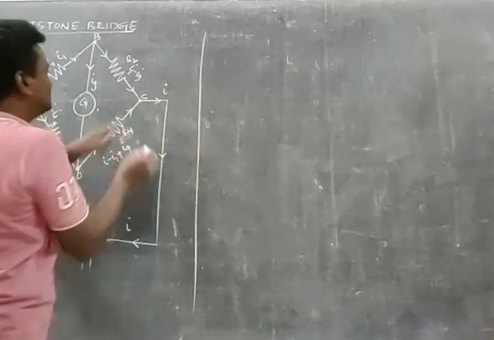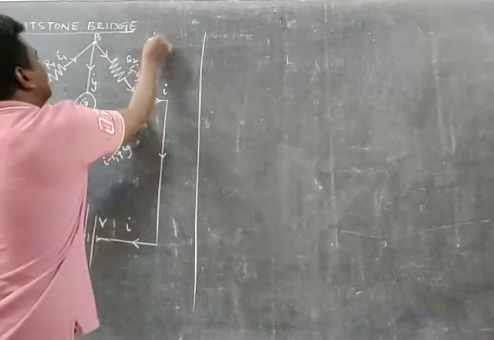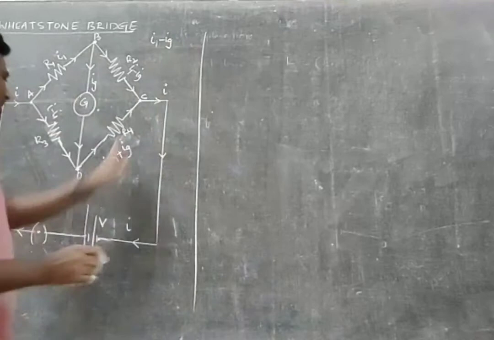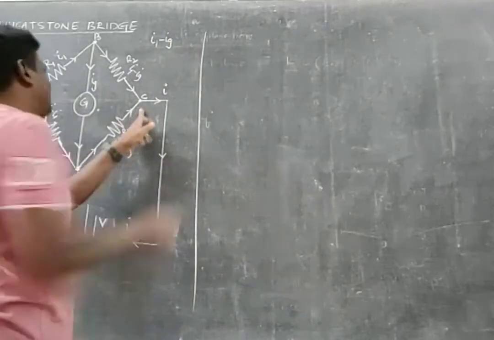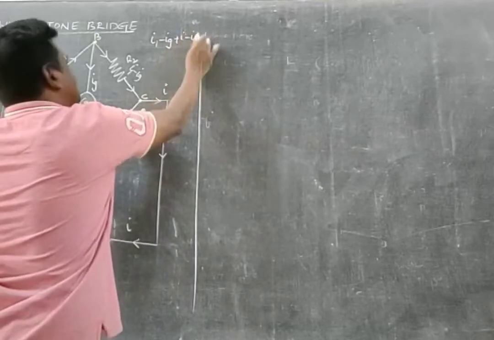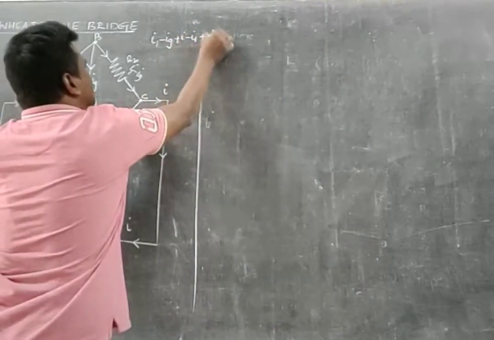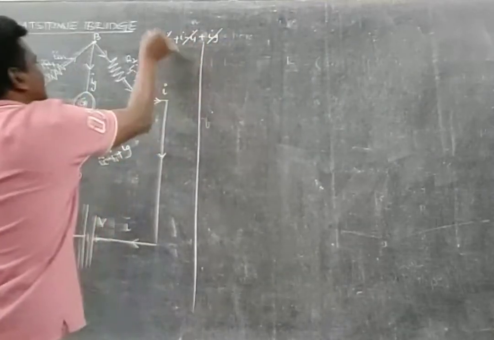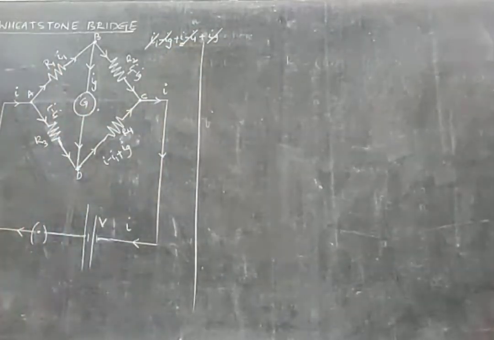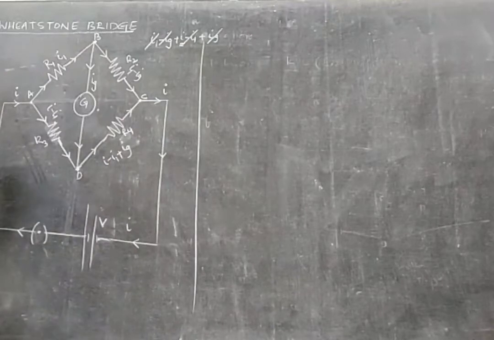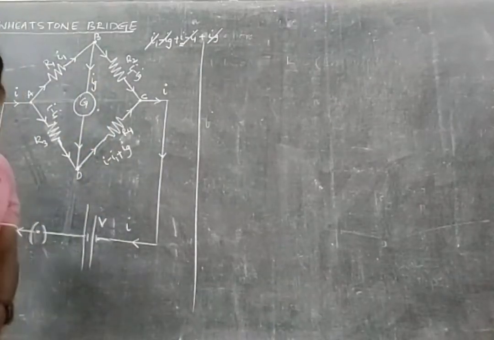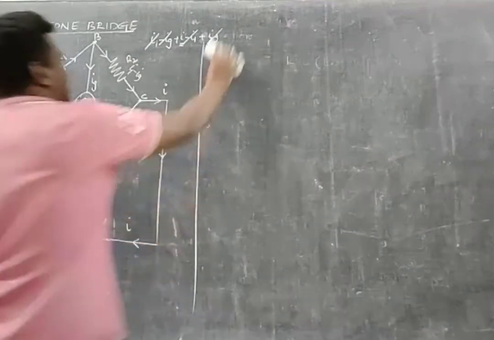So at junction C, the current is I1 minus IG from I2. And from resistance R4, the current is I minus I1 plus IG. Chalo, IG gets cancelled, I1 gets cancelled, so we are left with I. Therefore, applying KCL, we have uniformly distributed the current across the four resistors.